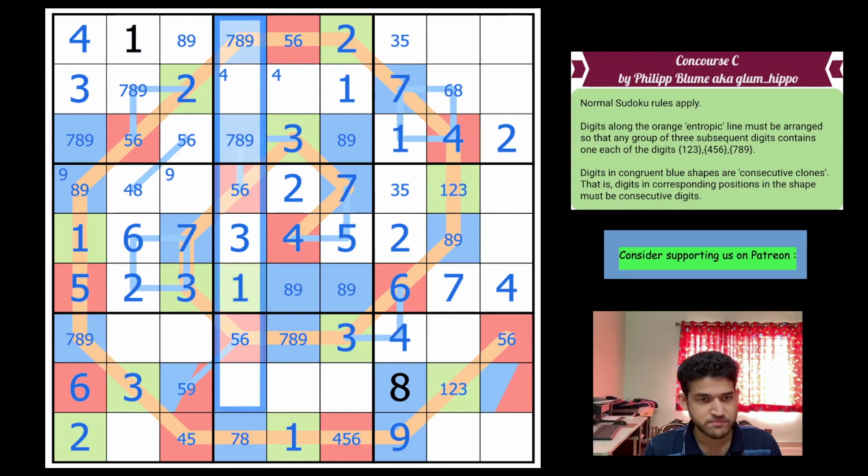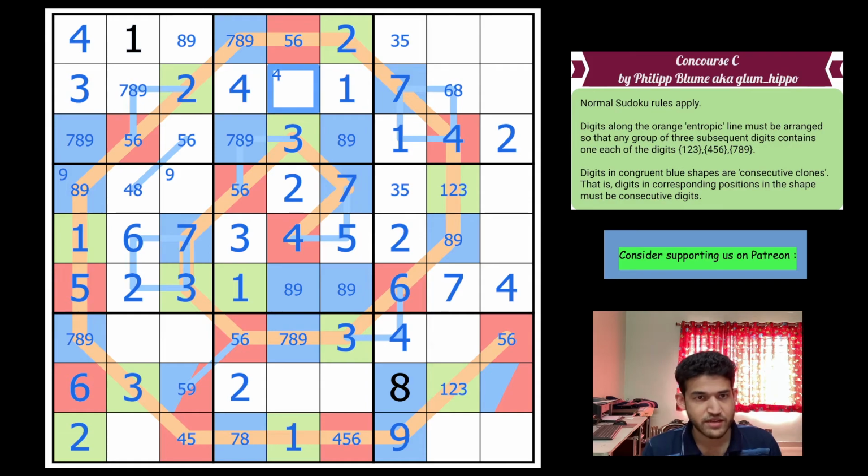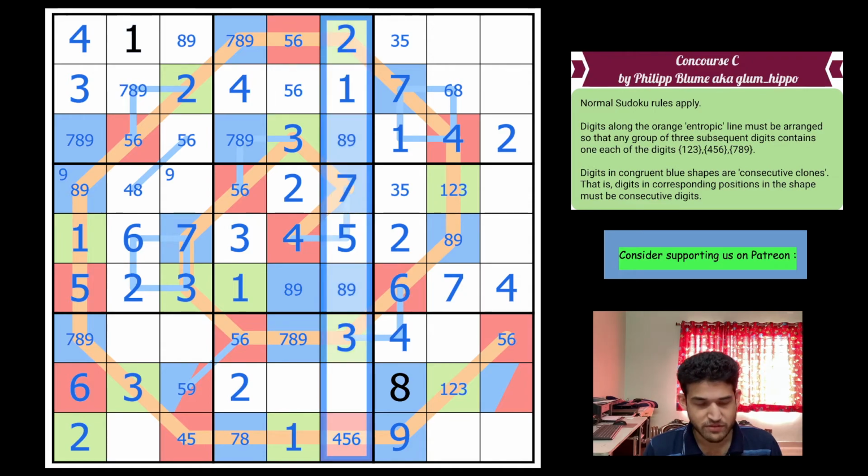Look at column 4. Where does the 2 go? 2 goes here. And that finishes off that column. 4 is posed here. Only cell which can take a 4, and this will be 5 or a 6. And look at column 6, this cannot be 5, that's 4, 6, so which means this will also be 4